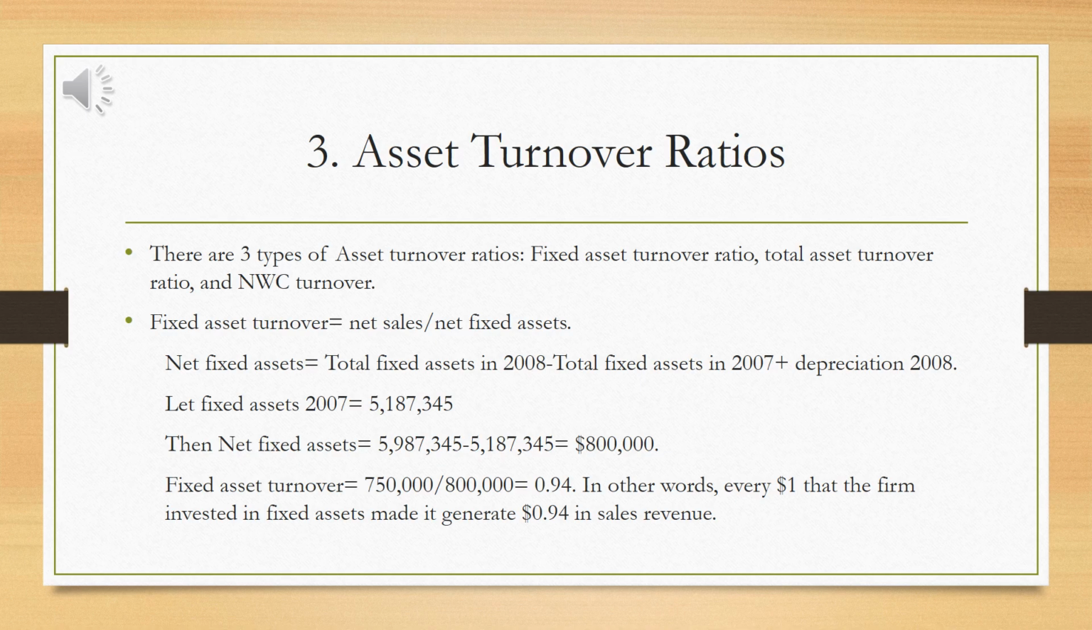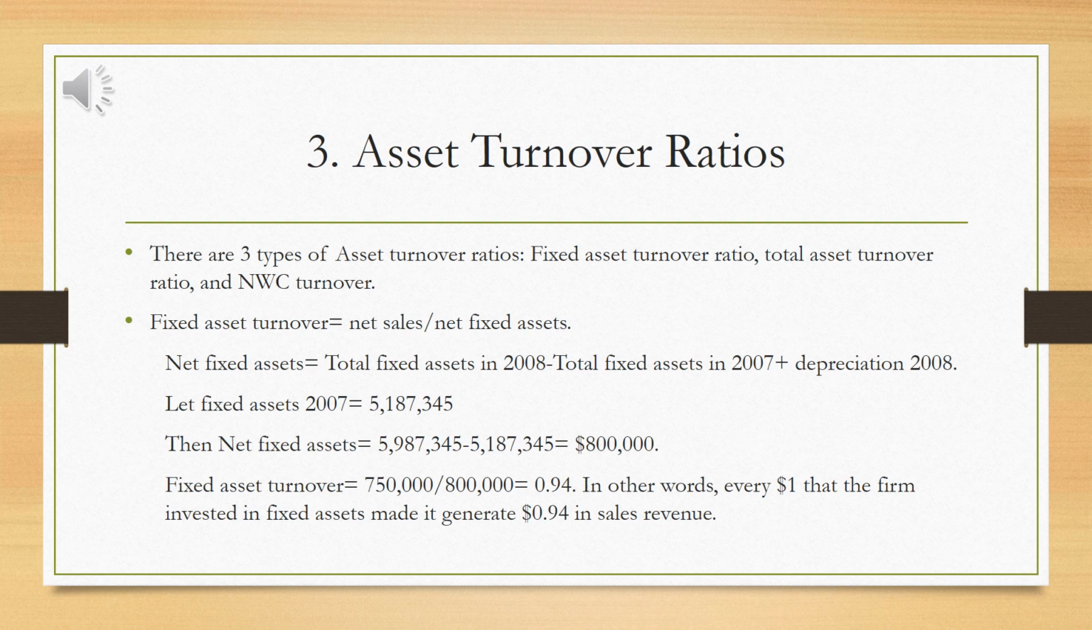Let's suppose that fixed assets 2007 are 5,187,345. Then the net fixed assets would be the total fixed assets in 2008, which are 5,987,345, minus the one in 2007, 5,187,345. Then net fixed assets equals 800,000. Fixed assets turnover will then be 750,000 over 800,000, which is 0.94. In other words, every $1 that the firm invested in fixed assets made it generate